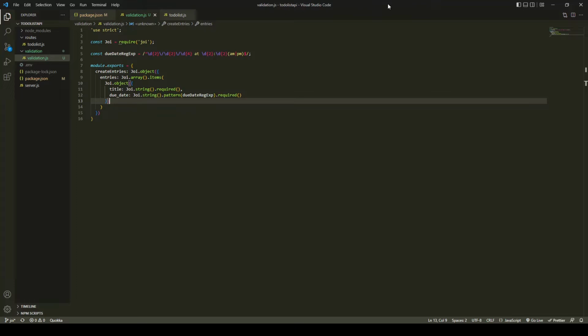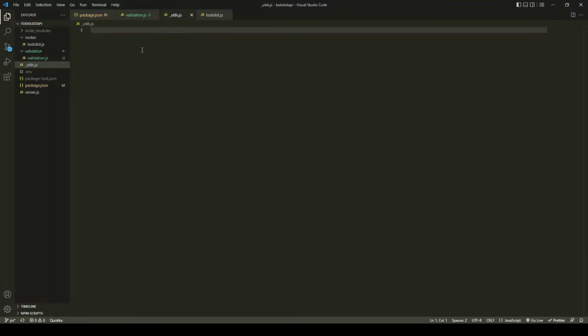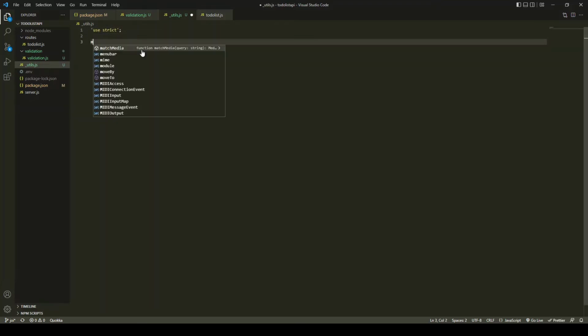Now, the point of these schema is to actually test the object or data that we are given. So in order to do that, we are going to first create a utility function that can be reused and keep our code a little bit cleaner. So we're going to come over here, we're going to create a _utils.js file at the root level of our project. We'll use strict, and for this we will export